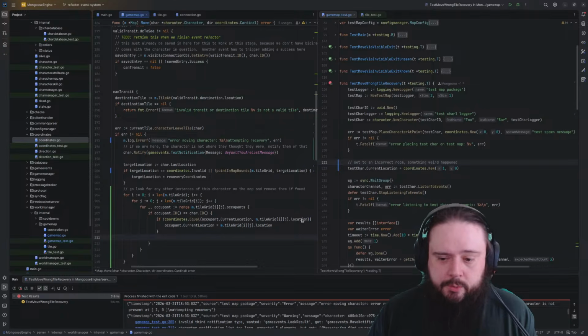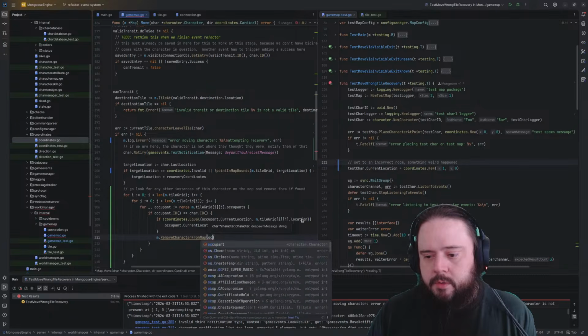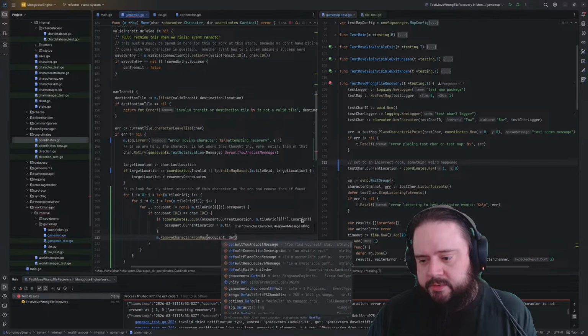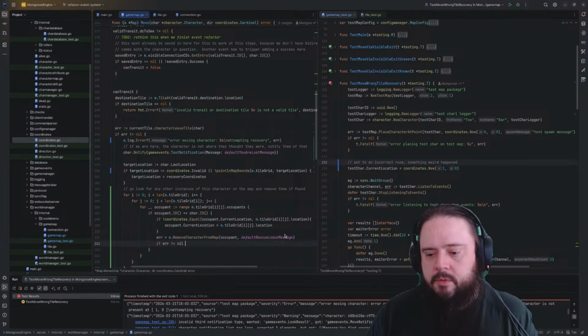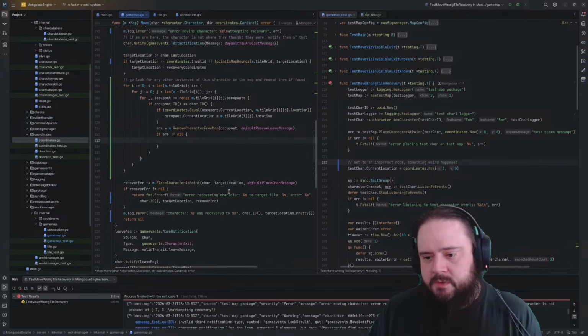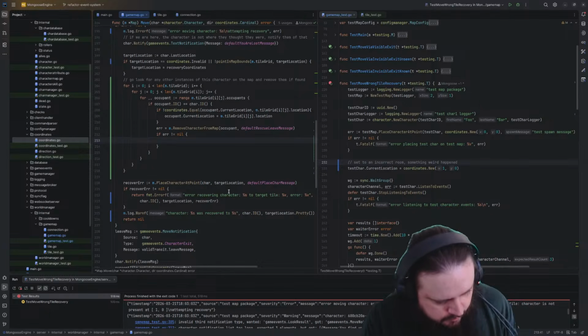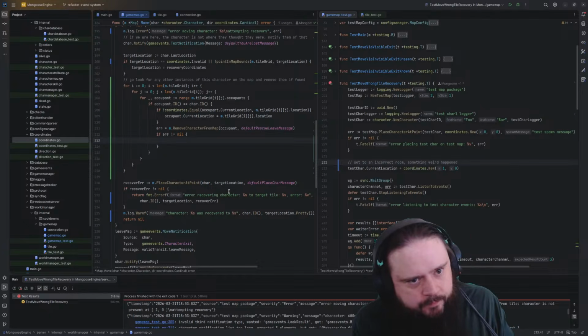And then I'm going to remove character from map, occupant, with the default rescue leave message. Okay. That should return an error. We really want to have some issues here, but